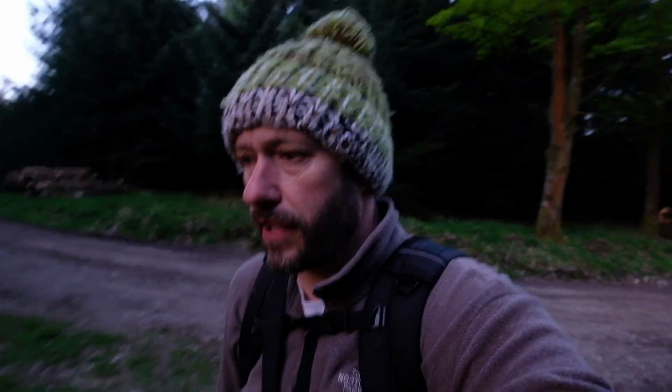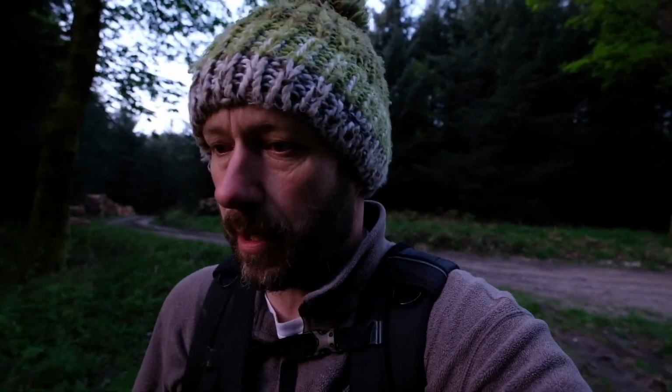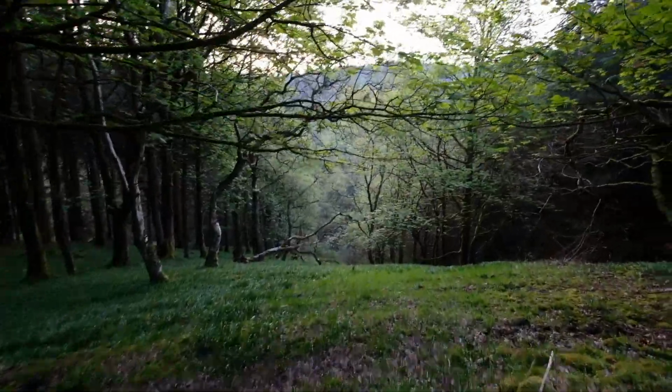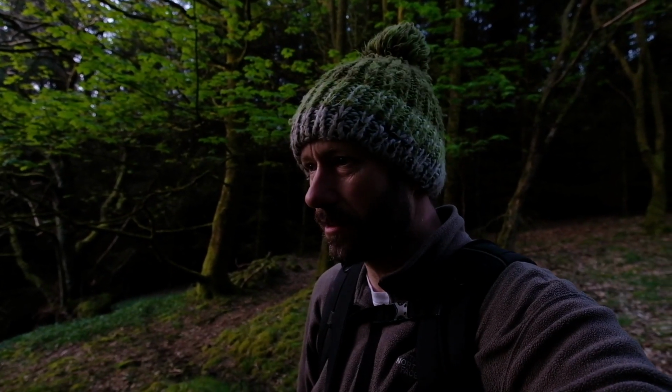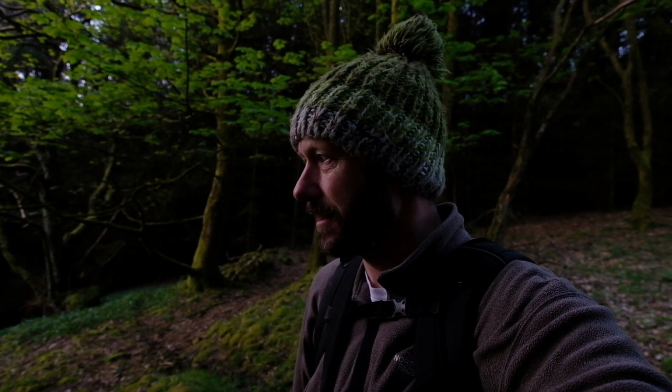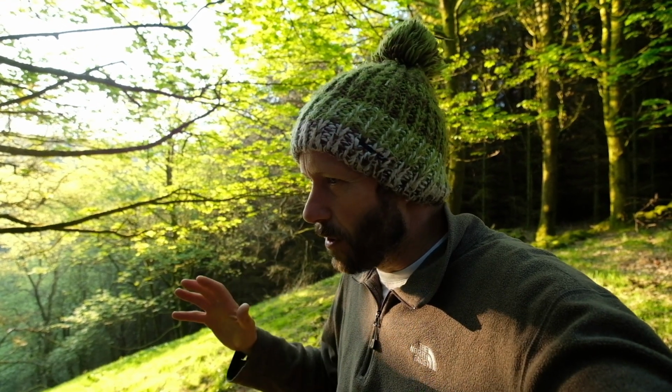I'll keep walking a bit further down here and see what we can see. So I'll just turn my camera around. No bluebells. Okay. Plan B. After my initial disappointment thinking there was no bluebells, there actually are some bluebells, but they're just